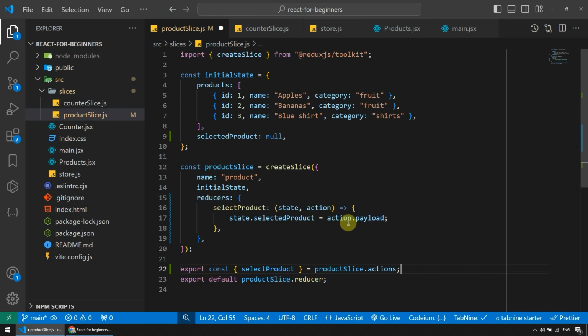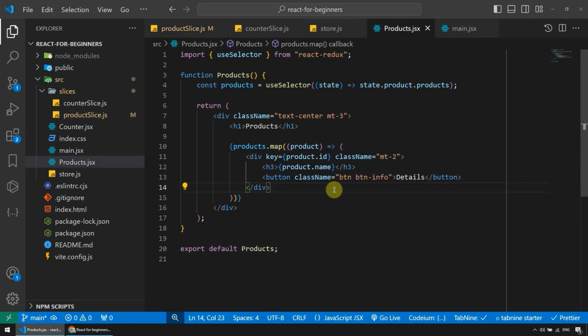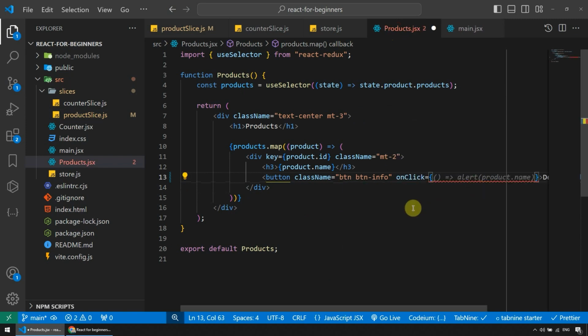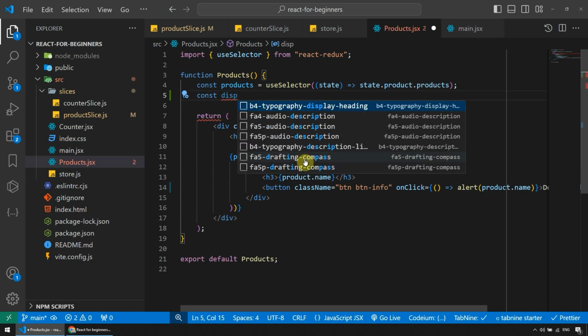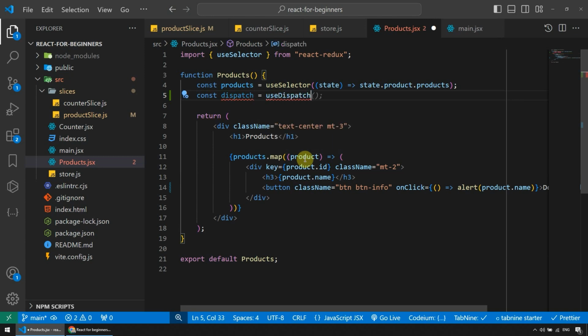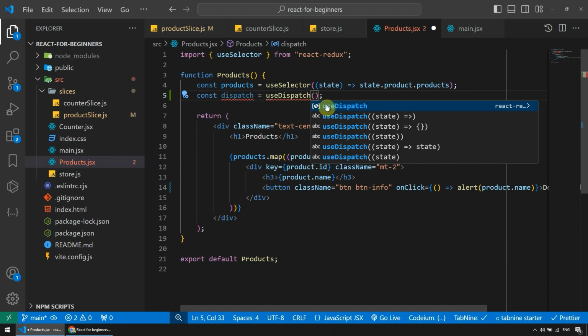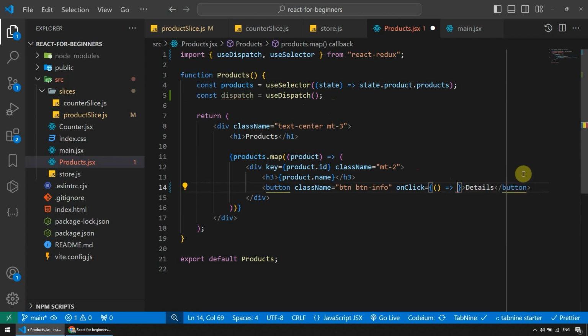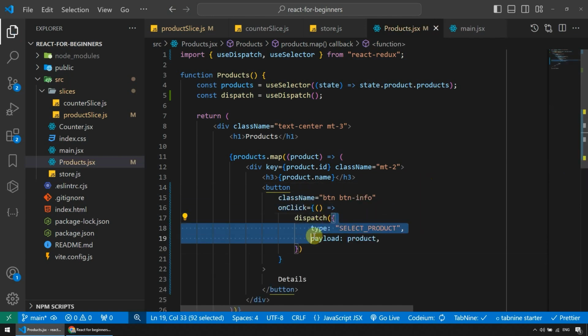Okay, anyway, let me now go to products, and here I'm gonna say on click, and here I want to dispatch that action, right? So let me just tab here, whatever this is, I don't care. But here I'm gonna say const dispatch, and that's gonna be equal to useDispatch, like so. And I didn't get the import, so control space, there we go. And now here, get rid of this, and I'm gonna say dispatch, and the tab and save, get rid of this here,